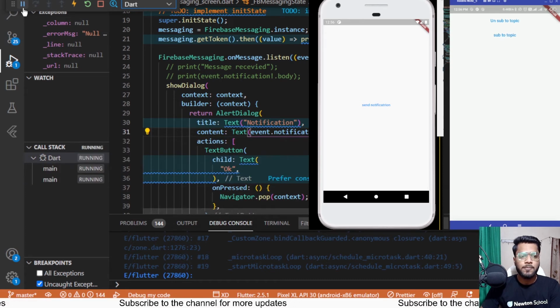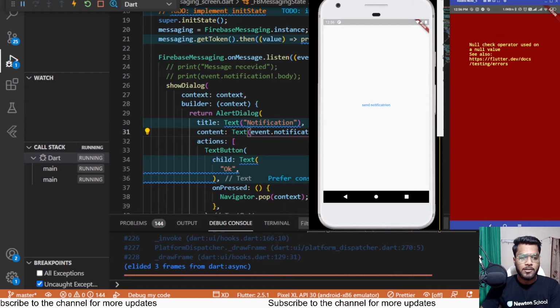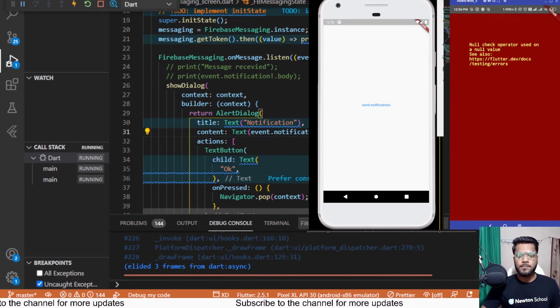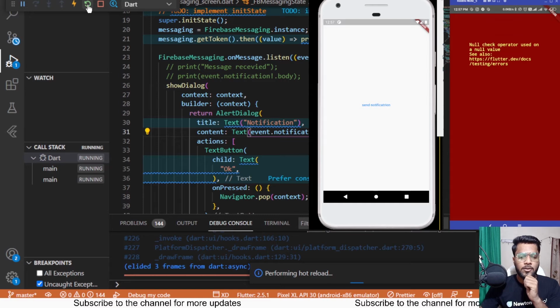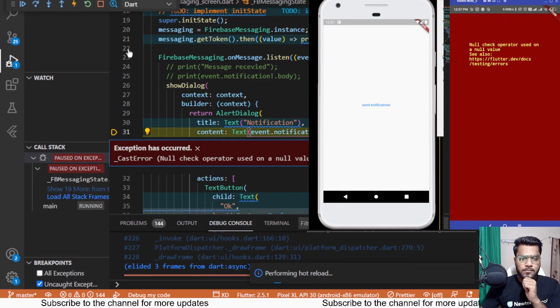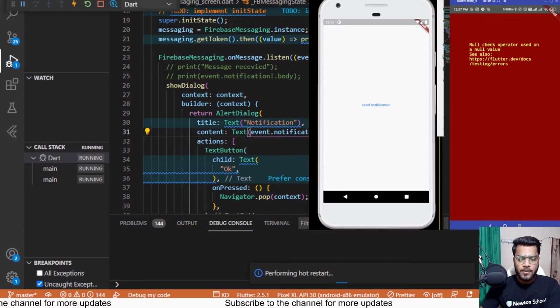a null value. So we have a body check failing over there because we are displaying an alert box and we are getting the body as null. So let me just comment this content out, or I can just display the title in place of body, and I can hot reload or hot restart because it would be providing us an error again and again, and this should not take much time